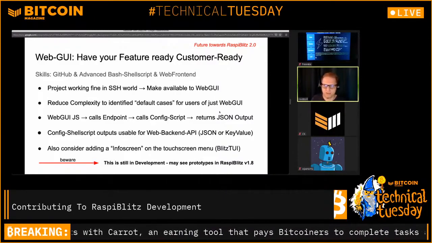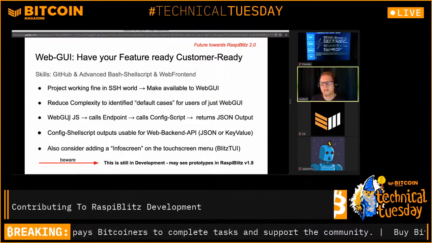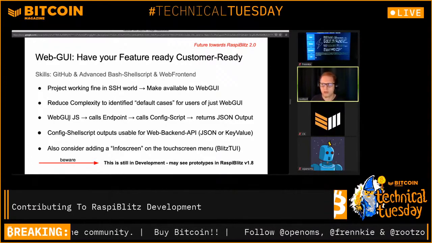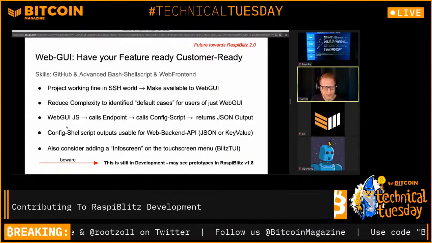And it would be best if the result is a JSON, for example, that can just be passed back to the web GUI, and then this admin web GUI can react on it. It's just a concept that we're tinkering on. If you have a good idea here, or would like to work on this wrapper structure, let us know. This is really in development, and we are definitely here for discussing it and maybe onboarding people into developing it. And then there is the config shell script